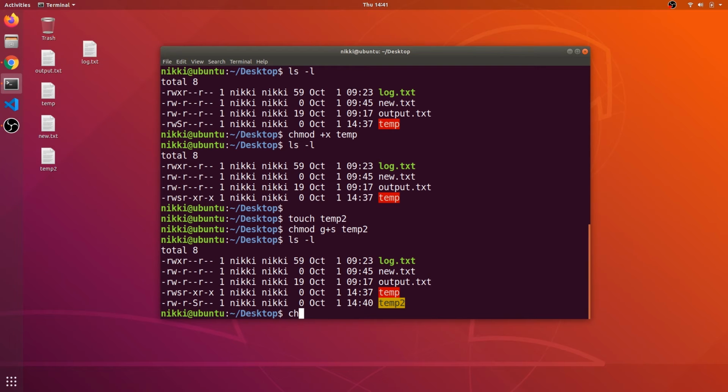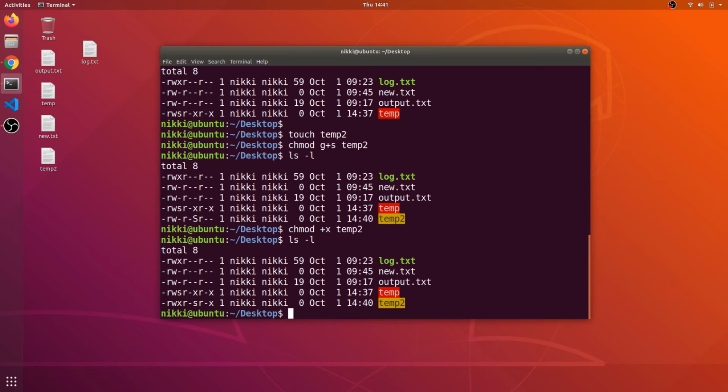Now what I want to do is set executable. So I want chmod +x, which sets the executable bits for all user, group and others. For ls -l, now there you see guys, for the group permissions there is an s bit set on. So if any anonymous or guest user runs this binary, then they will be running as the owner or member of this Nikki group.